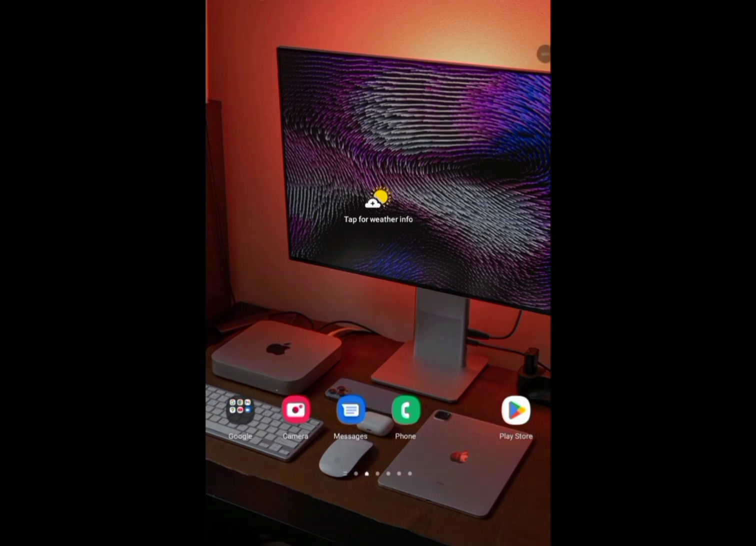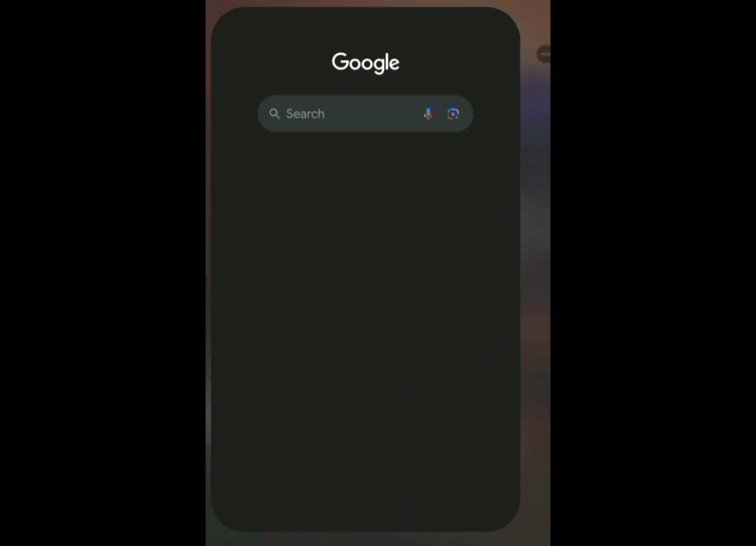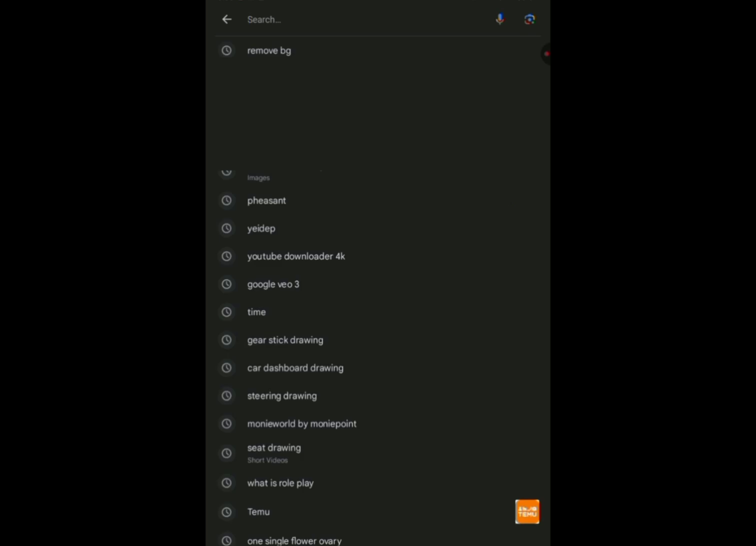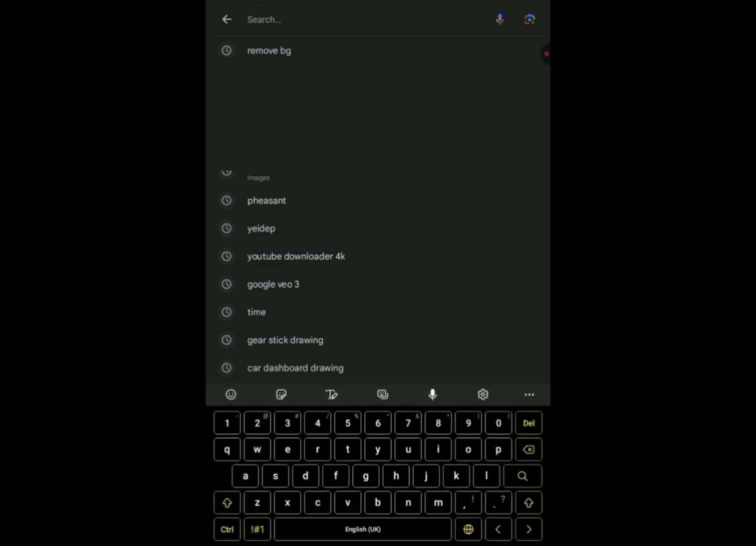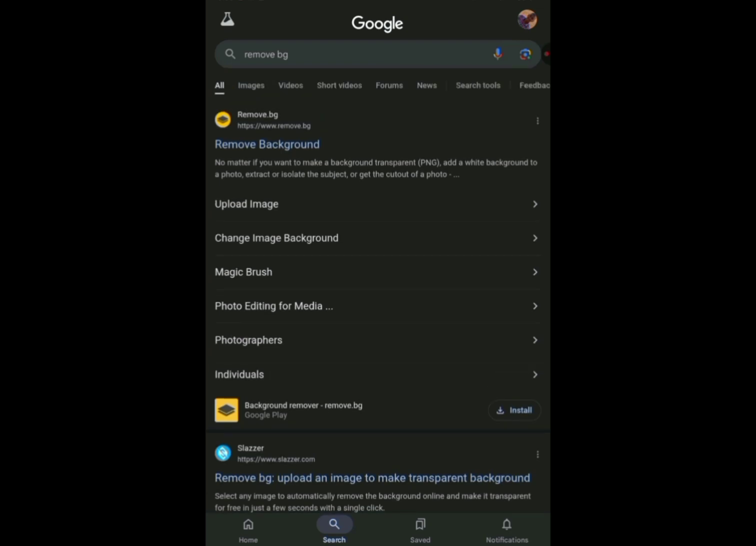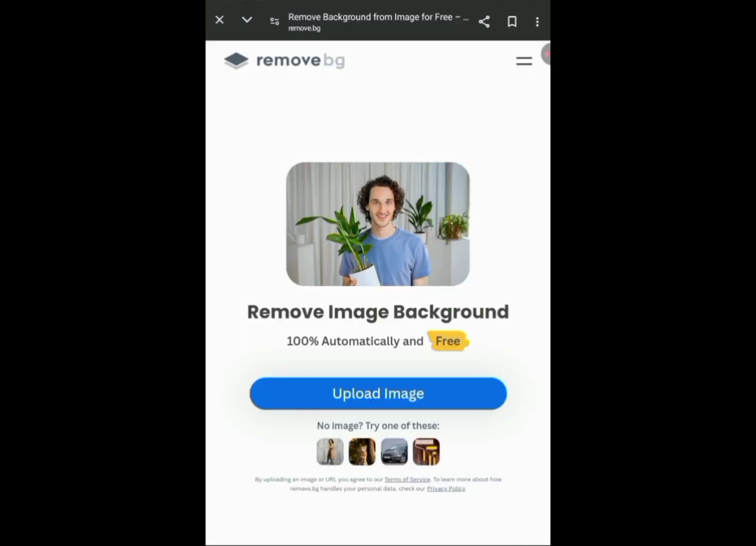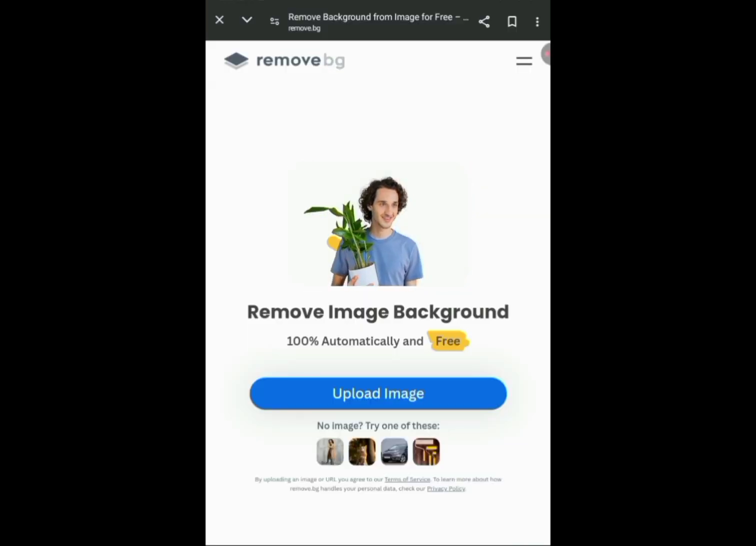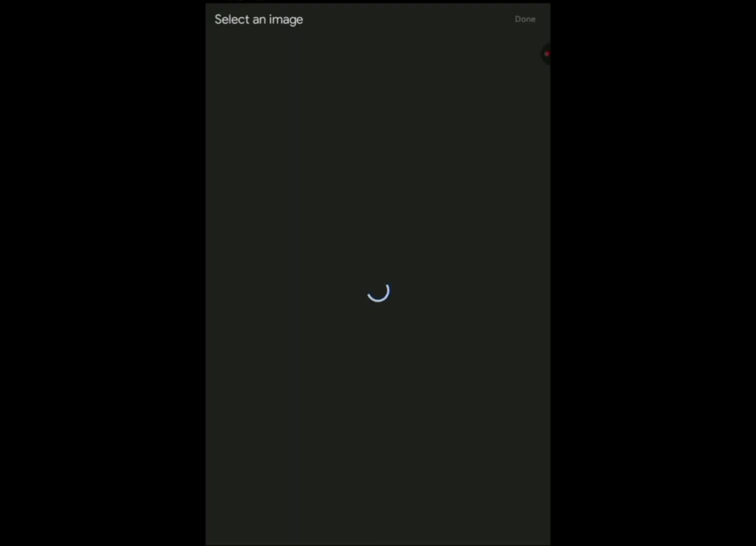What you are going to do first of all is head to Google, and in the search bar you are going to type remove BG and search for it. The first link that pops up, that is the link. You click on it, it will take you to this particular website. Then you click on upload image,